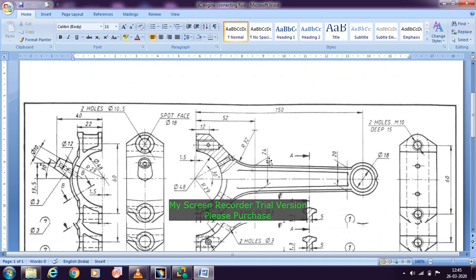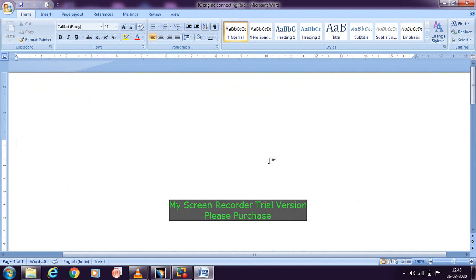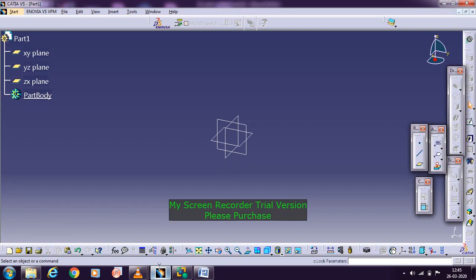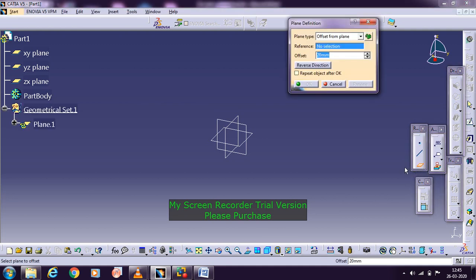Let us zoom in on the eye section to know the details. Now I need to create the different planes, as you can find here, students. Using this you can create any number of offset planes, inclined planes or normal planes. In this case I need to create parallel planes. So go with the plane and take this reference plane. Since I am going with the front view, I need to create the planes from the side views.